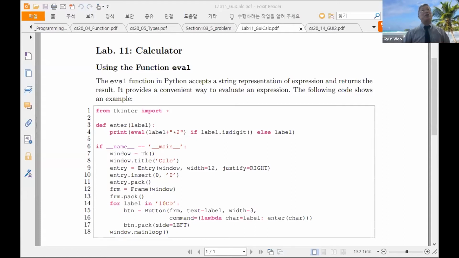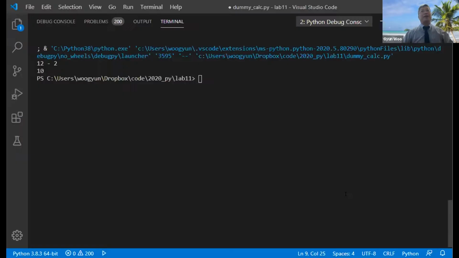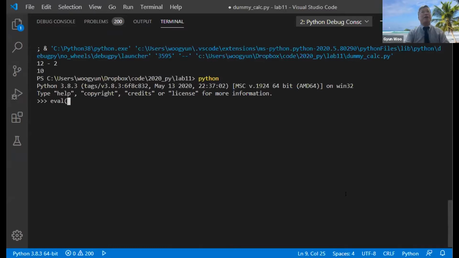Okay, so let me show you how to use eval in your terminal window, with Visual Studio Code. In your terminal window via Visual Studio Code, you can type python. So you may eval 1 plus 2 times 3, which is the evaluation result of that string. You can do any operations, 2 to the 10, which will be evaluated